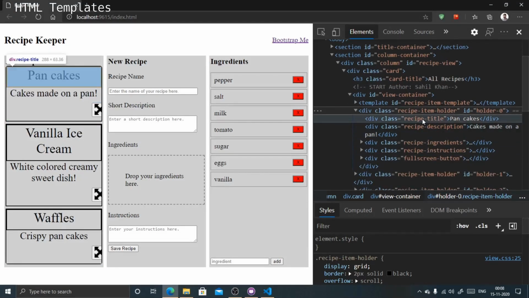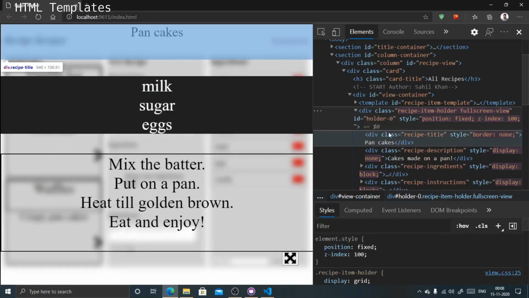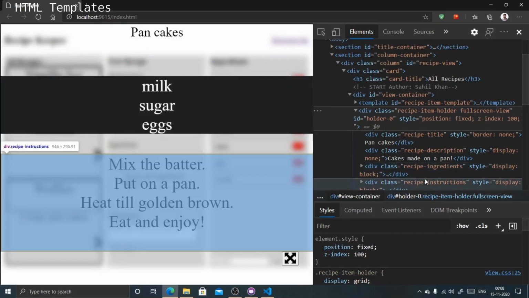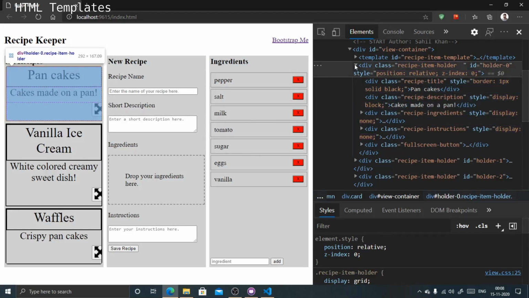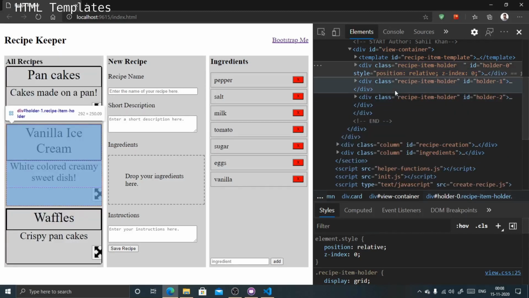Then inside there we have title, description, ingredients, which appear only when you go in the full screen mode, and also instructions appear when you go in the full screen mode. So these are many divs. That's the button. But if you look at these items, which I am just highlighting, they are all the same because